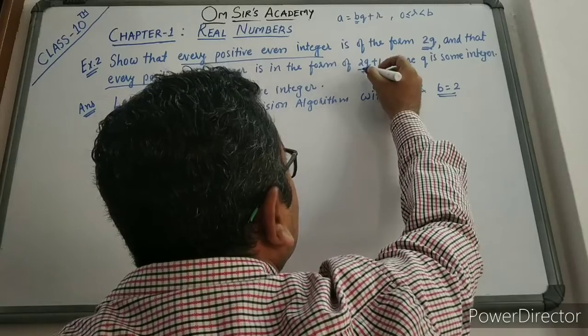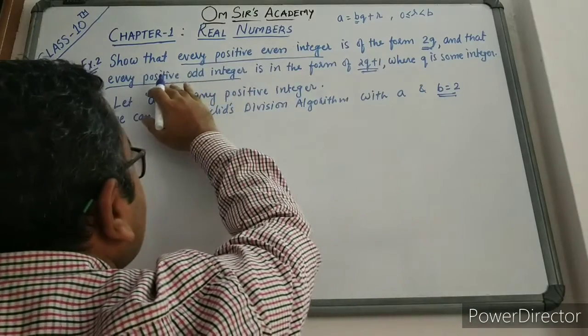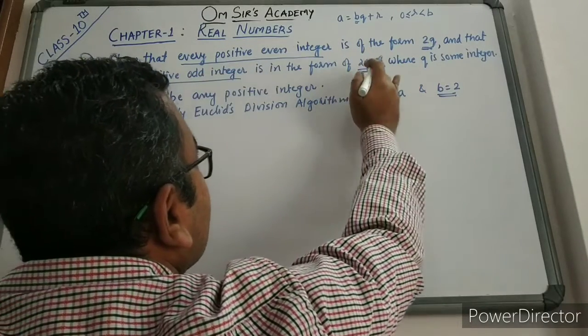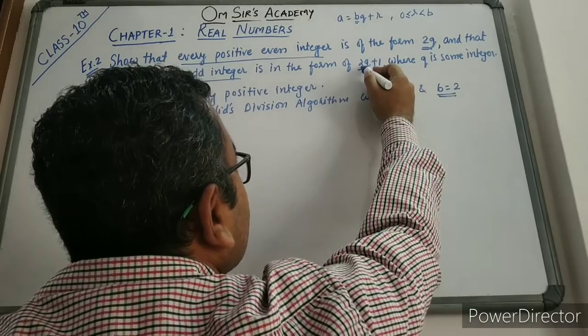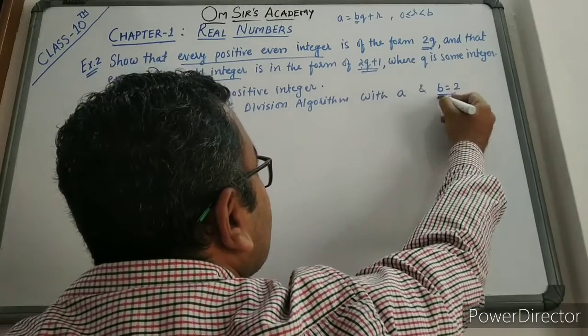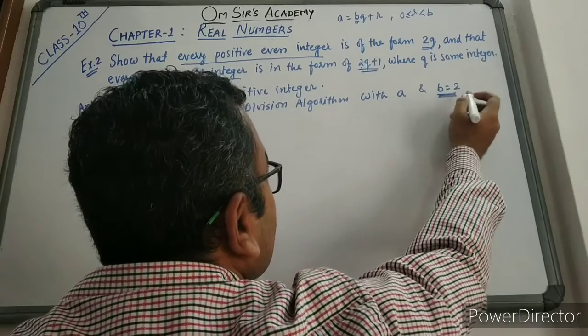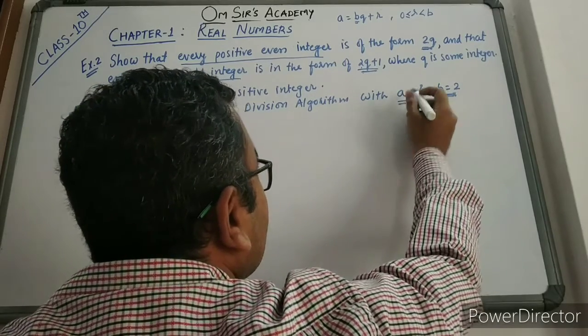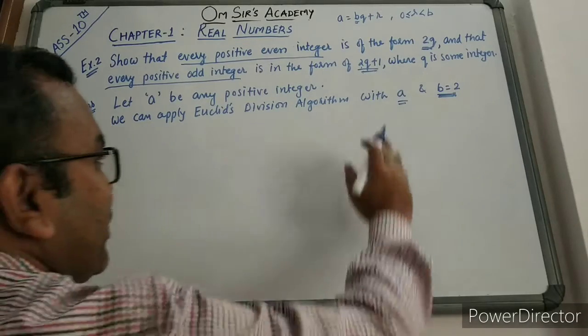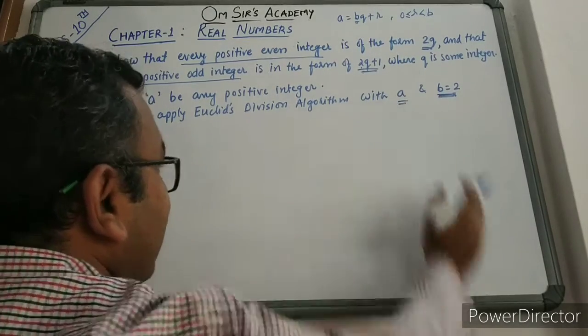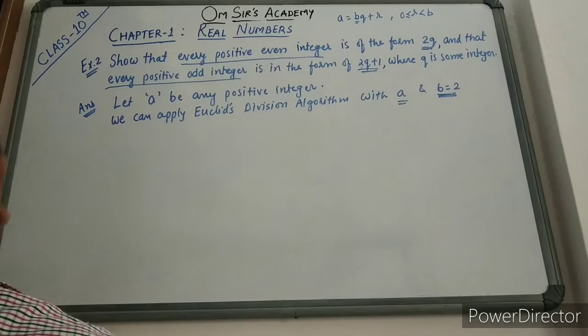2. Here also, the odd positive integer may be in the form of 2q plus 1. So before q what comes? 2 over here. So I assume that b is equal to 2 over here, and let us suppose that a is a positive integer. It can be an odd integer also, it can be an even integer also. Is it clear, friends? Now moving to the next step.